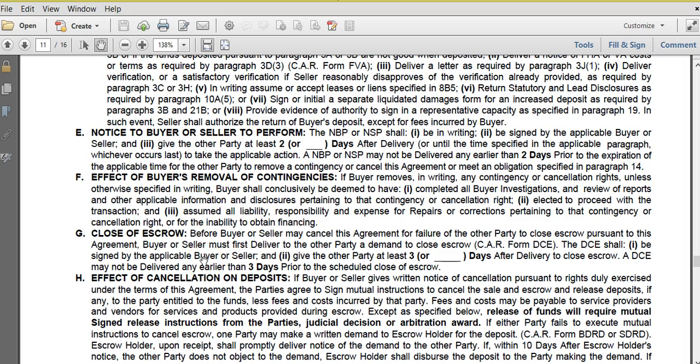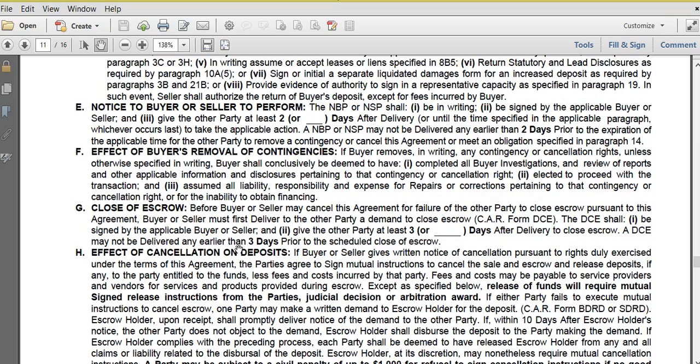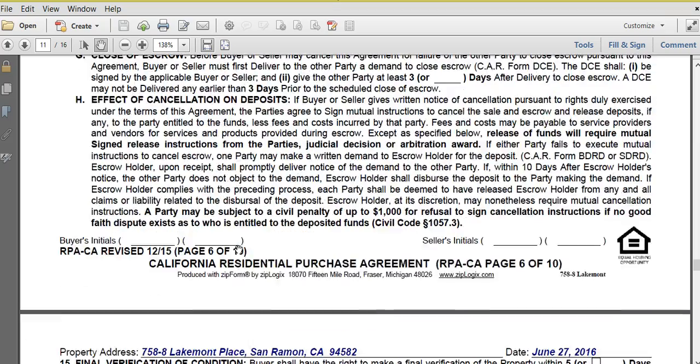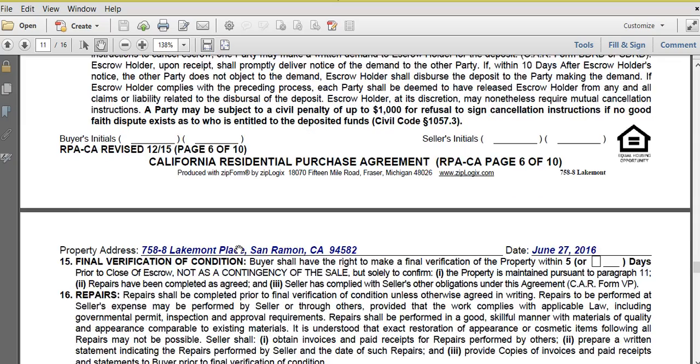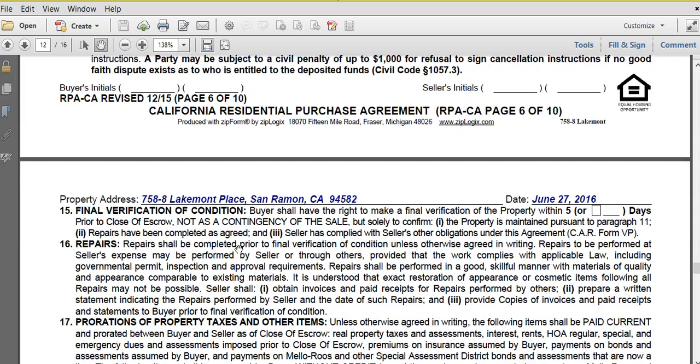Closing of escrow ties back into the 30-day, and this is a time frame on when things have to be delivered before close of escrow. Again, this is my job, not your job. You don't have to worry about any of this stuff. That's the beauty of this. The only thing that you guys have to worry about are getting the things in that the lender asks for. As far as the real estate transaction goes, I'll take care of everything.